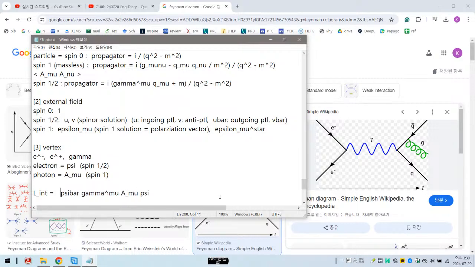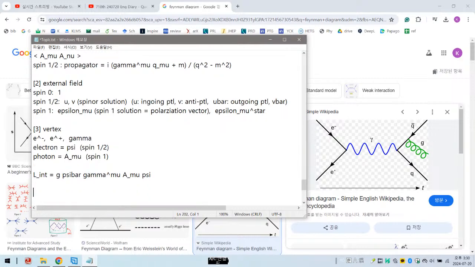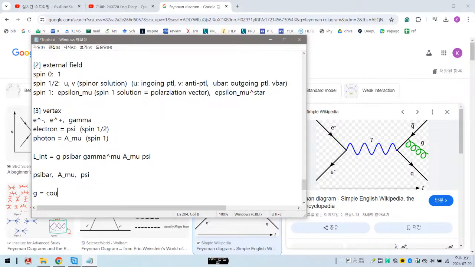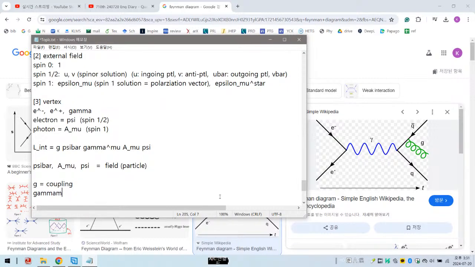So the point is that there are three particles here: psi bar, A mu, and psi. Here g is the coupling, and these are the fields. There is one more quantity, gamma mu. This corresponds to the gamma matrix to make the Lorentz invariance here. I'll explain what it is in the future. But the point is that this interaction Lagrangian contains three fields with the coupling: psi bar, A mu, and psi, so there are three fields, and from this interaction Lagrangian,